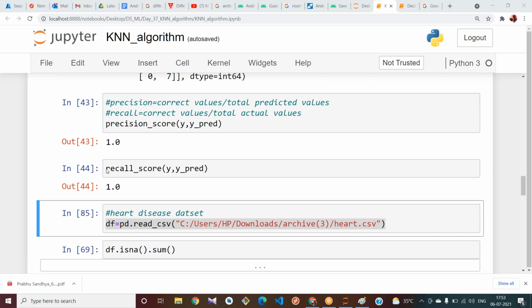Who is Jagadish from VNR CE? Are you there? Jagadish from VNR CE. Please respond once.